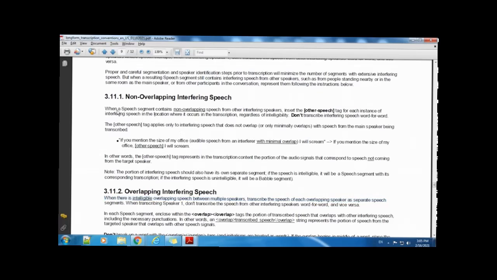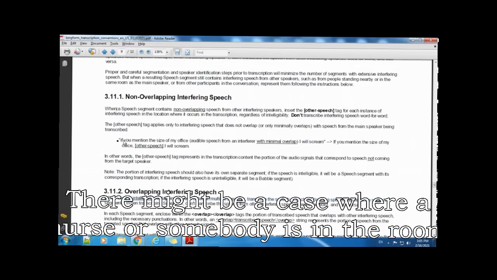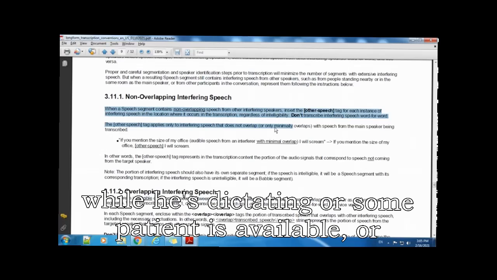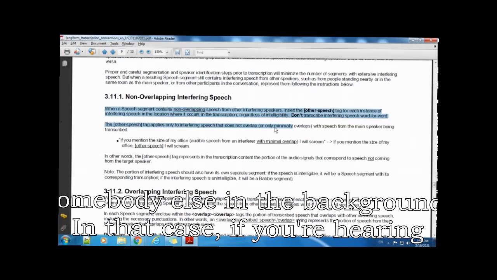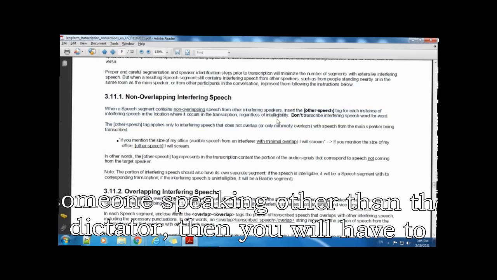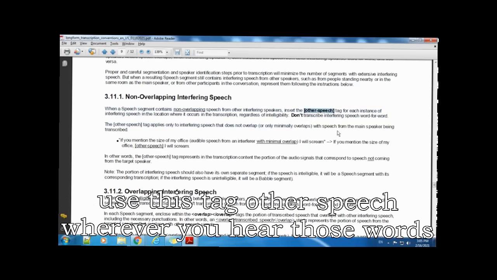There might be a case where a nurse or somebody is in the room while he is dictating, or some patient is available, or somebody else in the background. In that case, if you are hearing someone speaking other than the dictator, then you will have to use this tag, other speech, wherever you hear those words.